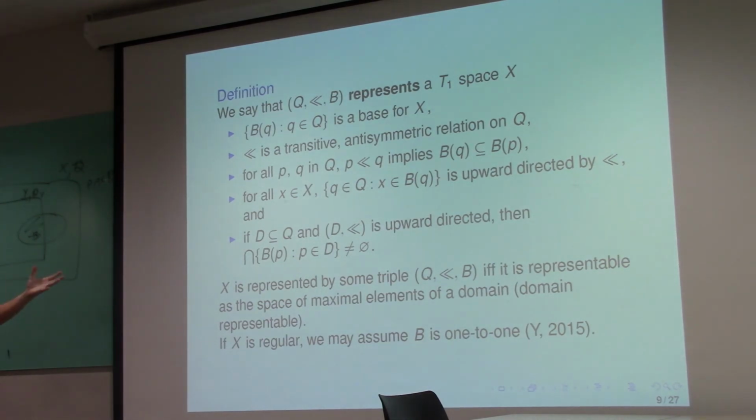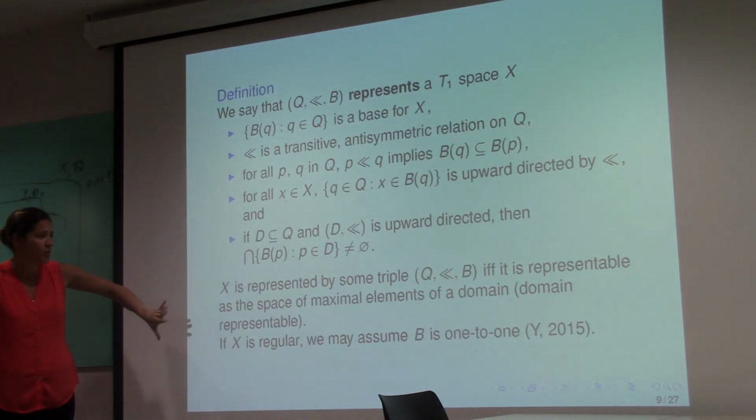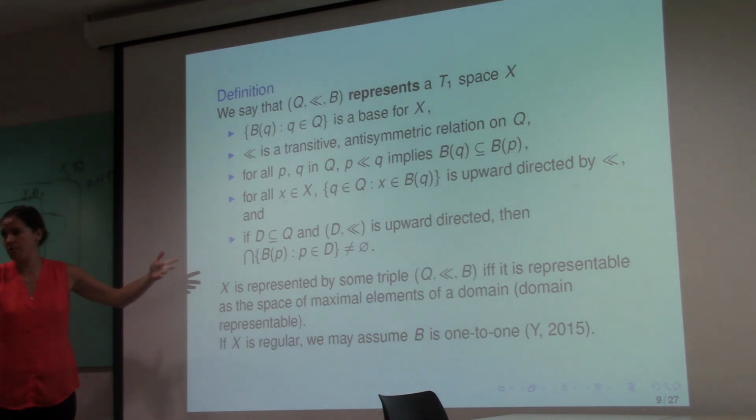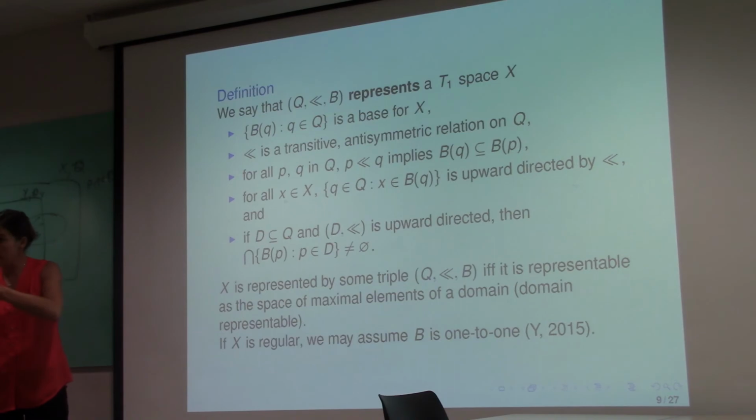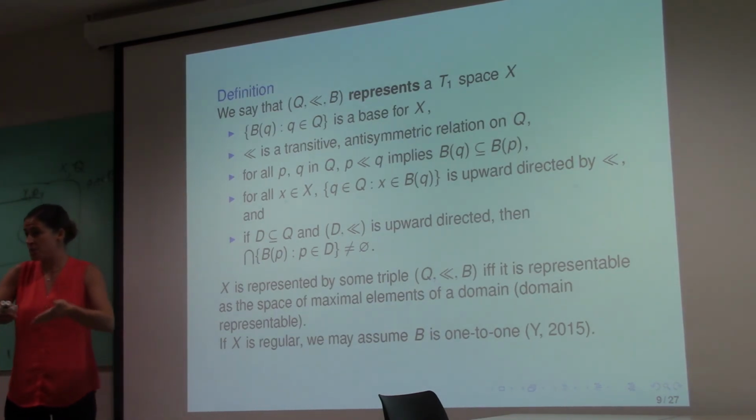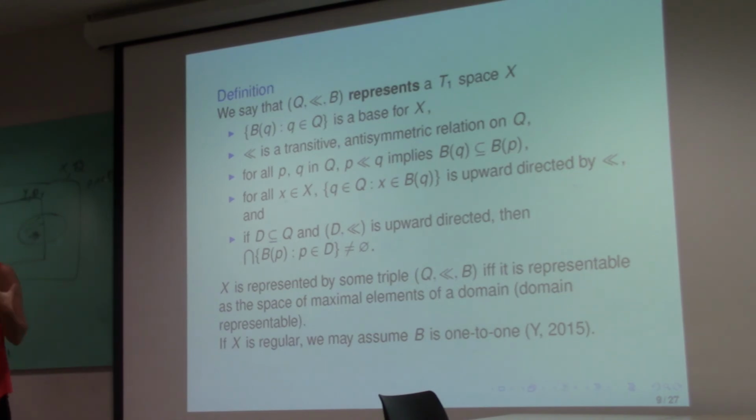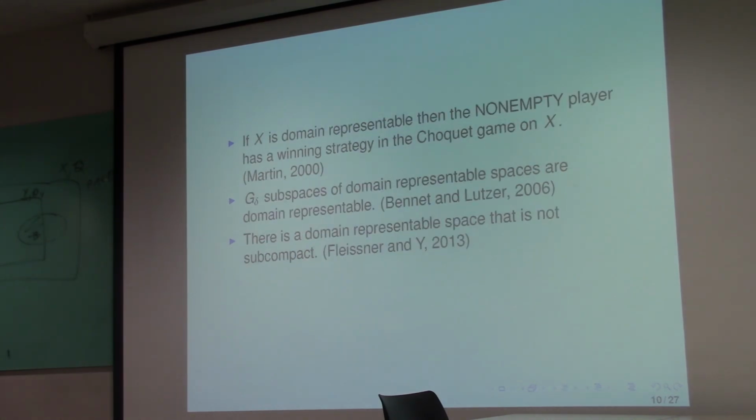So we proved that this is equivalent to domain representable by using an argument of Bennett and Lutzer that showed subcompact spaces are domain representable using ideal completions. It's not clear in the beginning whether you can arrange that the B map is 1-to-1, kind of like in the G delta argument. You can't suppose that indexing is 1-to-1, but I showed later that you can do that for regular spaces. It's still open for Hausdorff spaces as far as I know. So let me just say a couple things about domain representability. Key Martin was the first person to study this as a topological